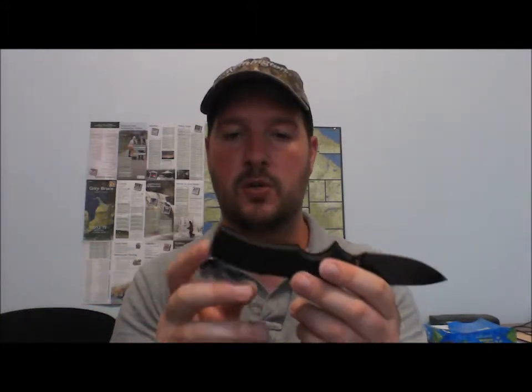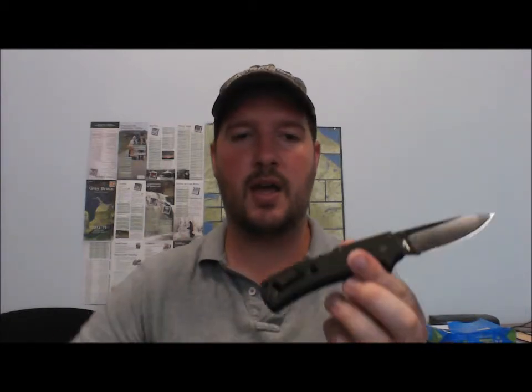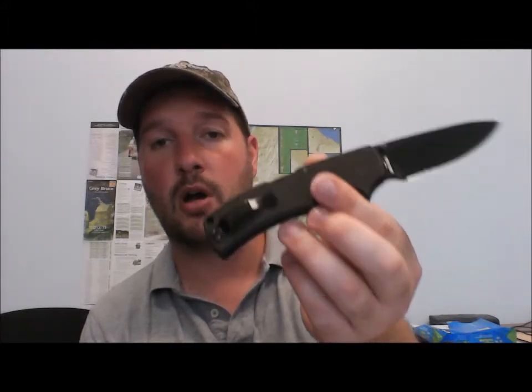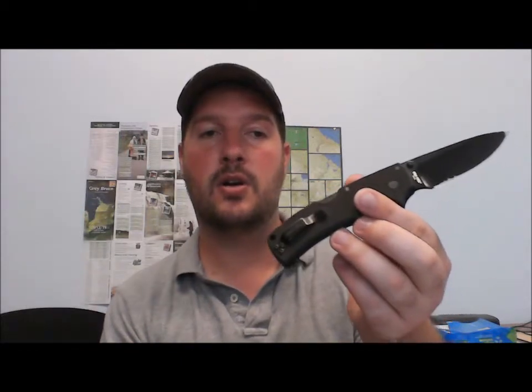You'd have to strip out 550 cord to get it through there, but you could do a stripped 550 cord. And finally, the pocket clip. Everyone likes to talk about Cold Steel's pocket clip, and it is tight, and it will rip up your pockets, and it will be hard to get in and out of your pocket, especially getting it in as it comes